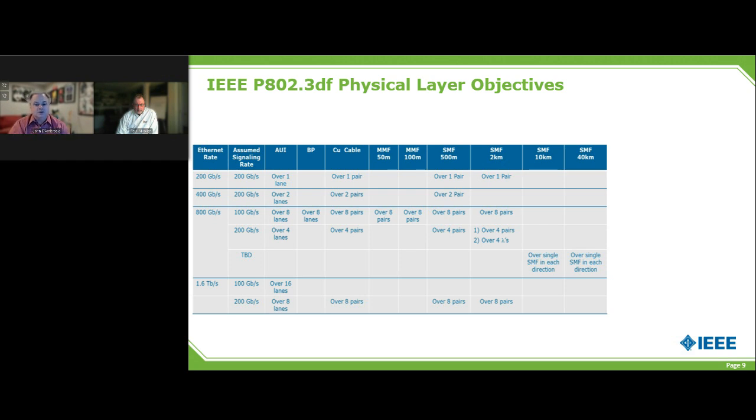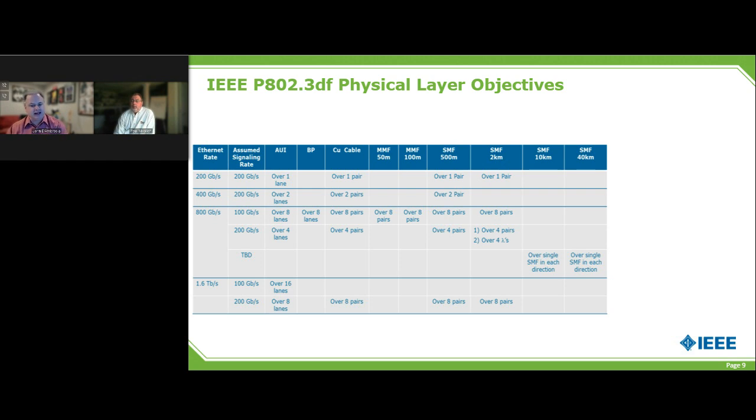Now, the new higher speed projects are going to be defining this, but the way Ethernet has worked in the past is that we develop new technologies and then we go back and provide lower cost, higher density solutions for the existing speeds as well.